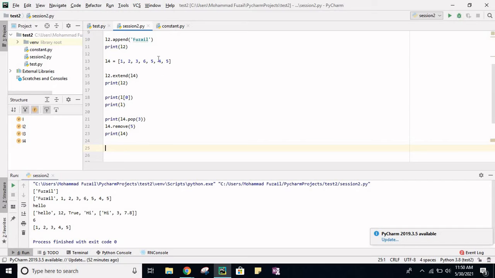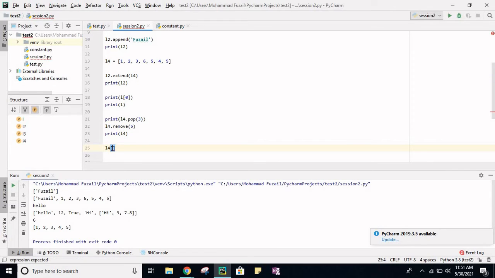So let's use some index which is not in use here. Let's use the index of 4. What will be the index of 4? Five. Take it, it will be 5. It's starting with 0. Okay, so now we have list L4.